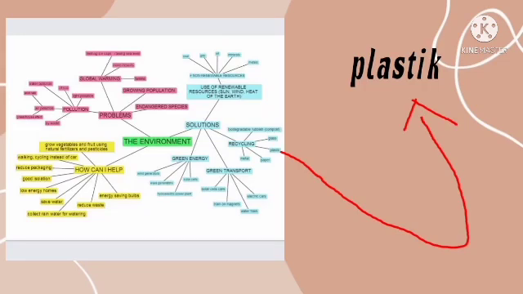Plastic recycling is an effort to manage and use plastic so that it can be processed into goods that are beneficial to the surroundings and environment and have a selling price. This action aims to reduce and overcome pollution and environmental damage caused by littering.